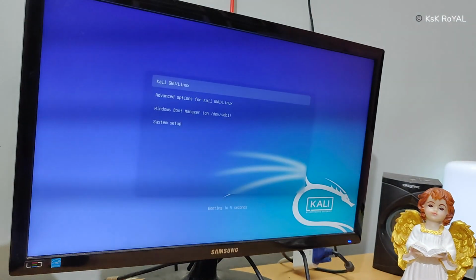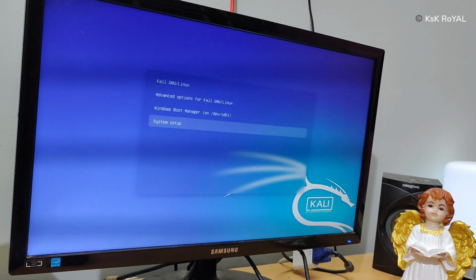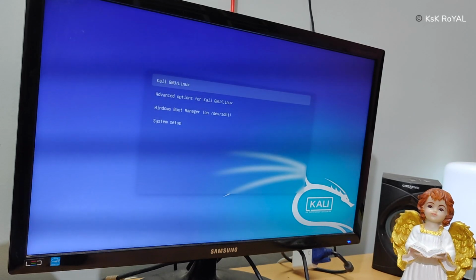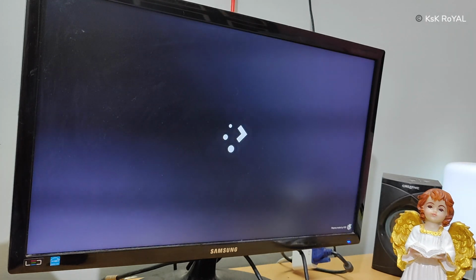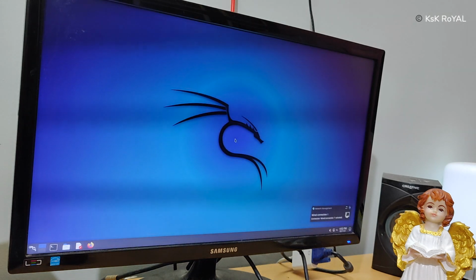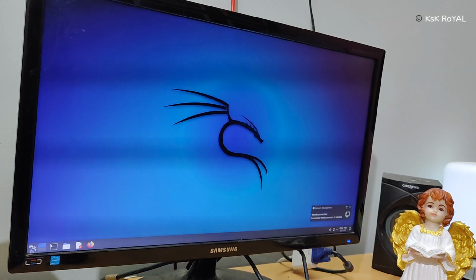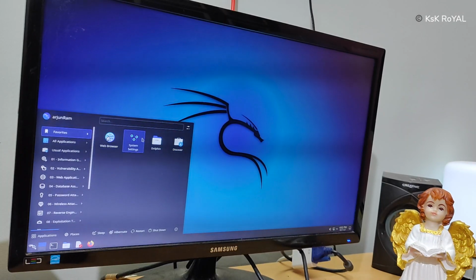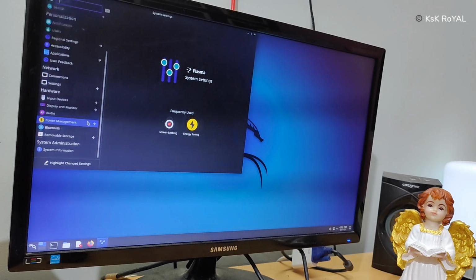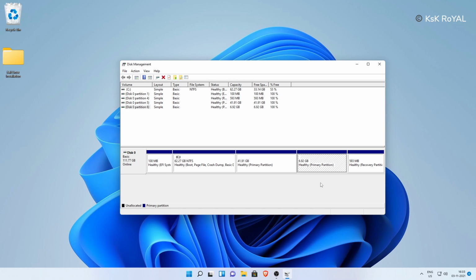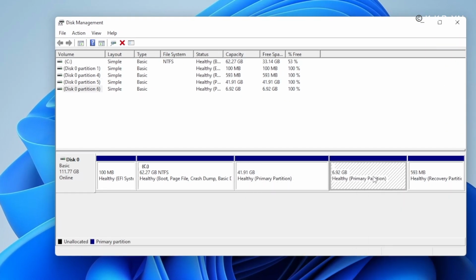Now in this video I will show you how to dual boot Kali Linux with Windows 11. This guide is one of the safest and easiest ways that you could use to install Kali Linux on your PC or laptop. Also, at the end of this video I will show you how to uninstall Kali from dual boot safely. Keep in mind this method will work on any PC or laptop. As per my testing, if you follow this video carefully, you will be able to successfully dual boot your PC or laptop with Kali Linux.